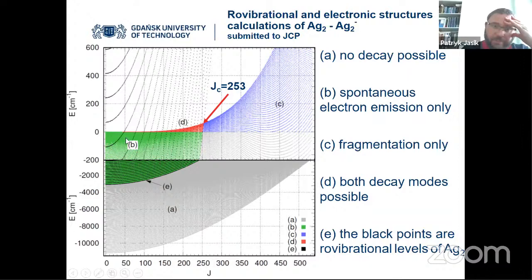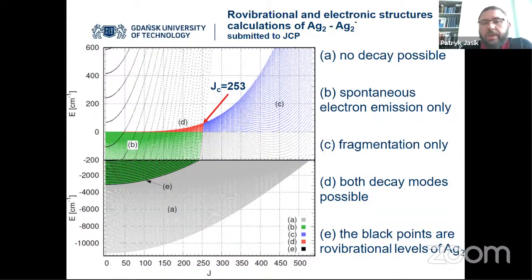The green part is very important because in this part there are some rovibrational levels of the neutral molecule which are inside the potential well of the silver anion dimer. And here you've got the very small red part, which corresponds to the part